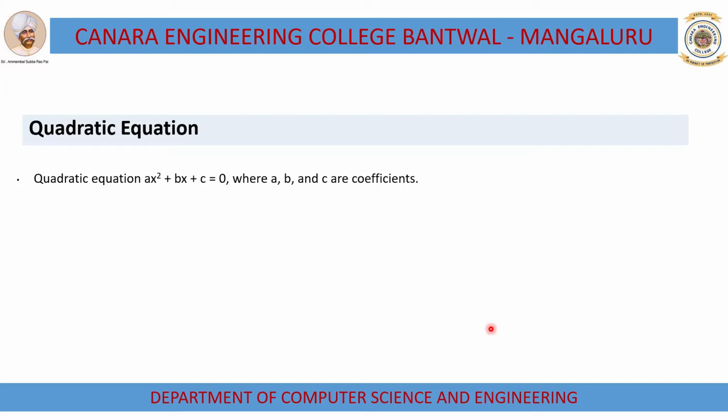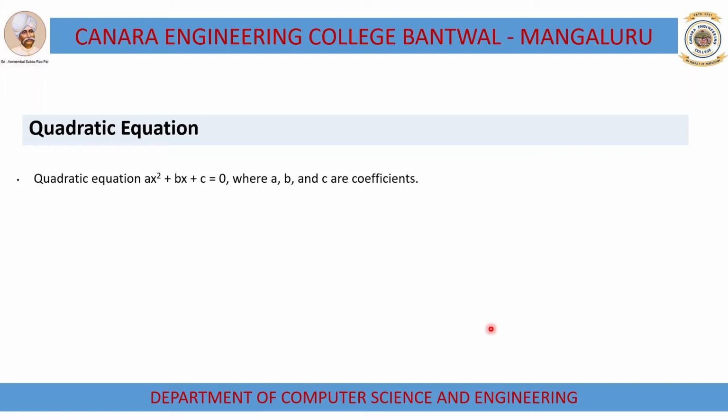Whenever we say quadratic equation, the roots are normally referred to. Root means the values of x which satisfy the equation. If I take x as some value and it evaluates to 0, then I can say the quadratic equation is satisfied. If the equation is quadratic, then there is a possibility of two roots, depending on the equation.